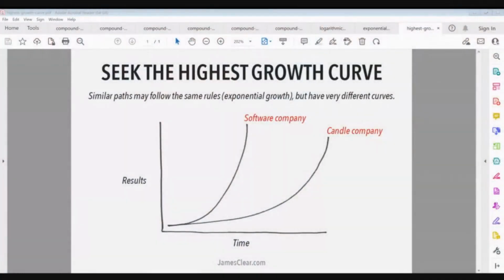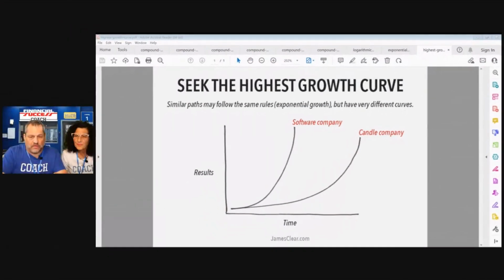Let's look at seeking the highest growth curve. This is from James Clear. I believe it's one of his articles that he wrote on his website. He wrote Atomic Habits, great book, recommend. But seek the highest growth curve. So instead of being in business and making candles, which will have a much lower growth rate because that's very old, dated technology, right? The growth curve on that's going to be a lot less. Like that might be